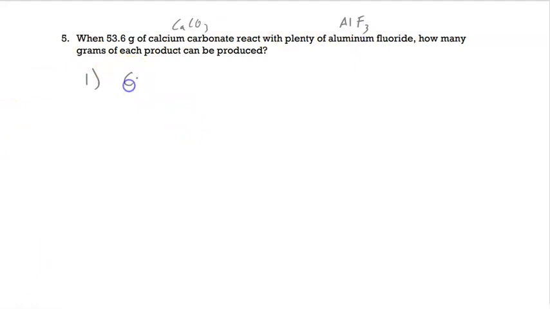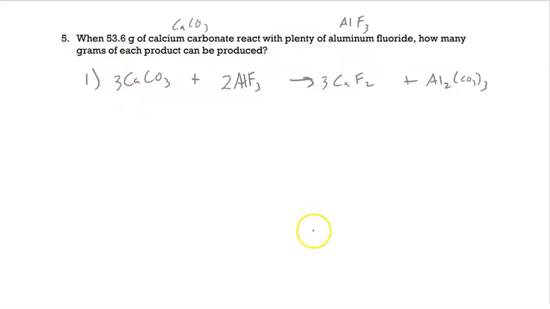All right, so we're going to go CaCO3 plus AlF3, right? Our two metals will swap places, so we're going to go CaF2 and Al2(CO3)3, which means we're going to need, let's see, 2 there, and 3 there, and 3 there. That balances it. So step 2, convert known quantity to moles, which is 53